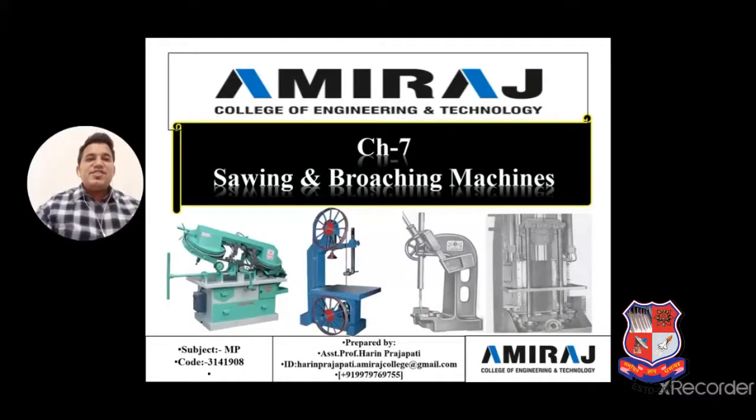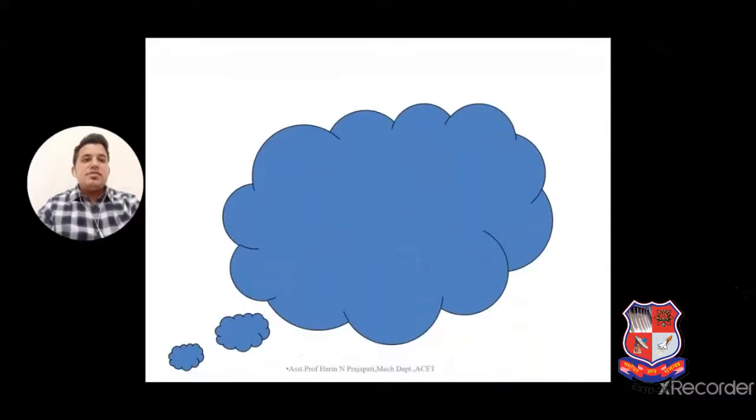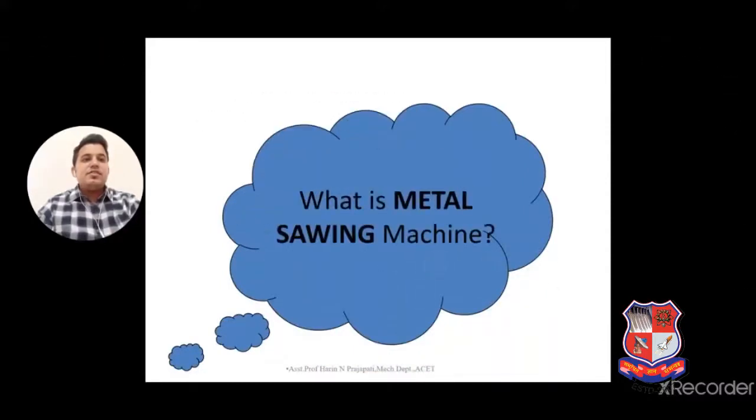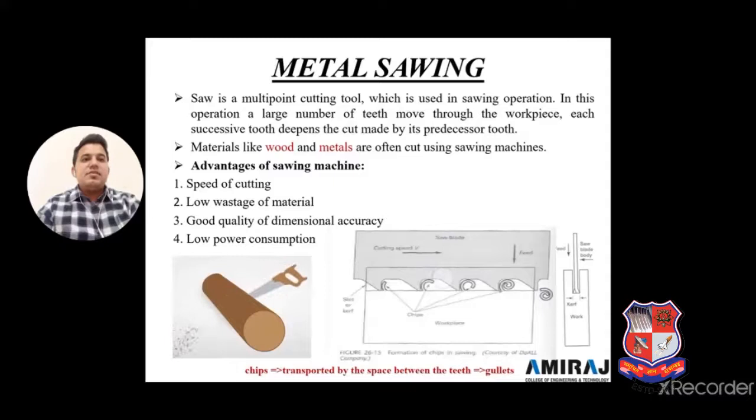Hello friends, today again we meet for chapter number 7, sawing and broaching machine. Last time we covered some important things regarding sawing. Let's recall it. First of all, the sawing definitions, then the main principle of sawing,